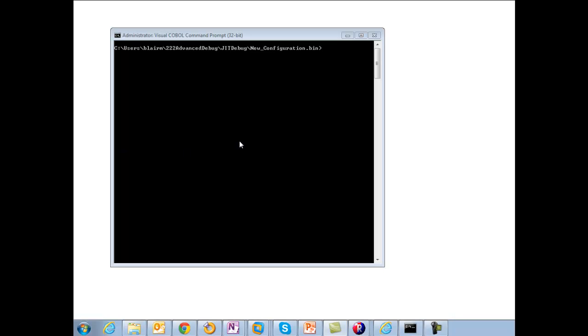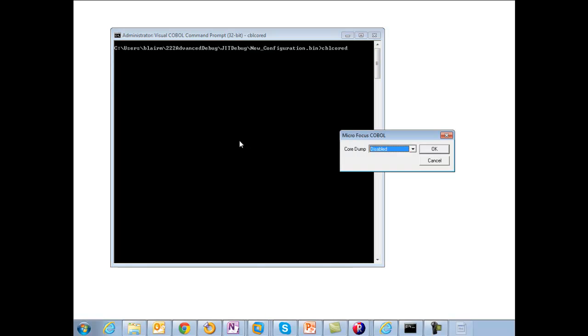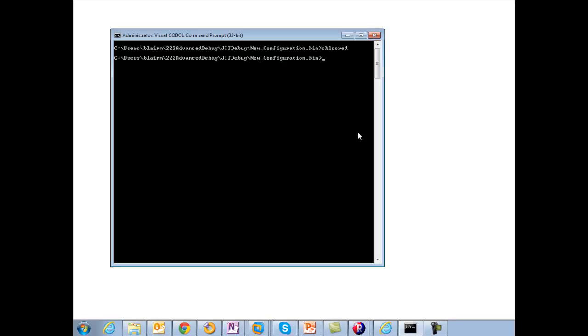Another option when a critical error occurs is to create a core dump. This is handy when your application is deployed to a production machine running the COBOL server product. In this case, you can still debug the application even though you don't have Visual COBOL for Eclipse installed on that machine. To enable the core dump functionality, you can run a command named cobcored. Choose the option to enable the core dump. You can also enable core dumps using a runtime tunable named core_on_error, but we'll use cobcored